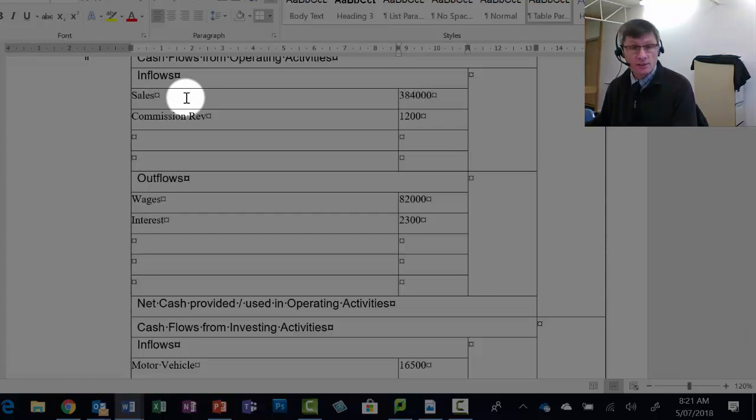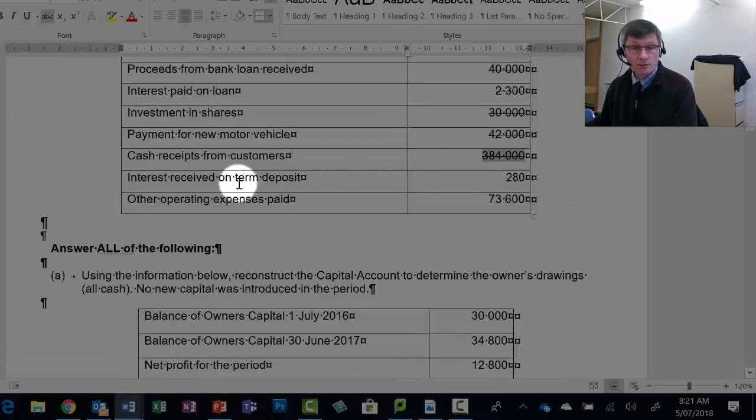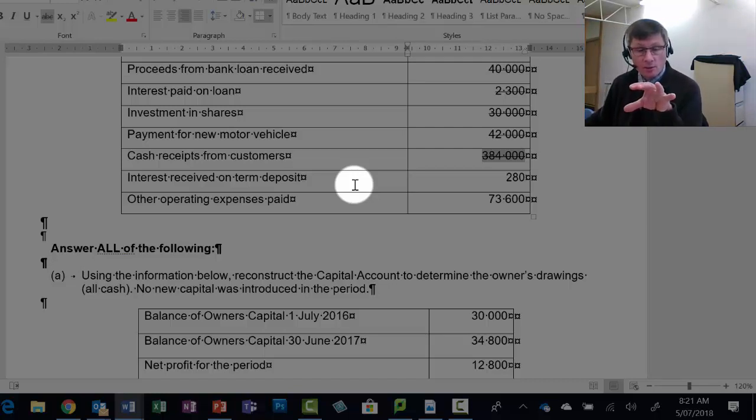You can call it cash from operations. It doesn't really matter. I'm just summarising it a bit. Interest received on term deposits. So that's money coming in. It's part of our operations. You might think, well, okay, it's from an investment that we've made. That's true. But when we take out an investment, or when first we pay for it, there's an outflow, and if we then get our money back from the investment, it's money coming back in. Right? So $280 here is part of our operational aspects, and I'll give you some other clues about that once